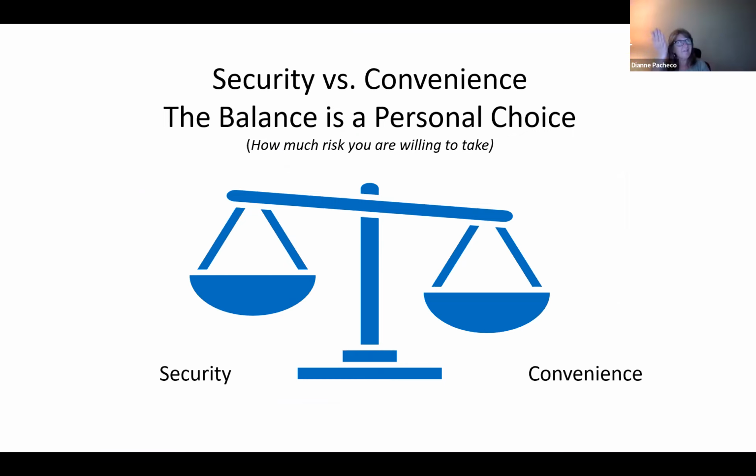Security and convenience are really a balance, and each person has to figure out what the balance is for themselves, how secure you want to be. Probably it will take extra steps to do things. If you're not being very secure, it might be very convenient, and you have to weigh how much risk you're willing to take with decisions about how you use your phone and how you use your computer. There's no right or wrong answers. It's how much risk and how much convenience that you really want.